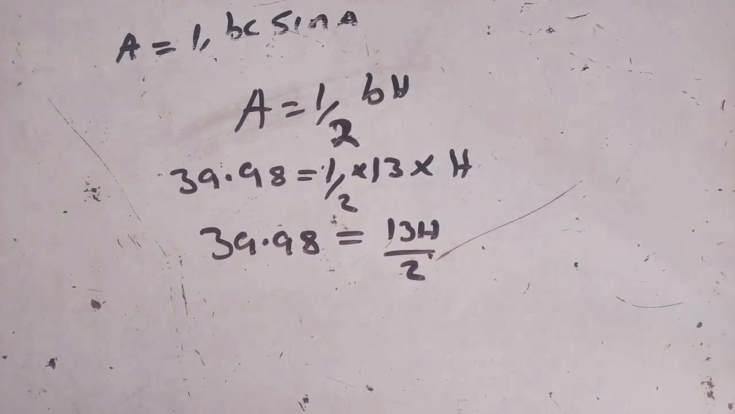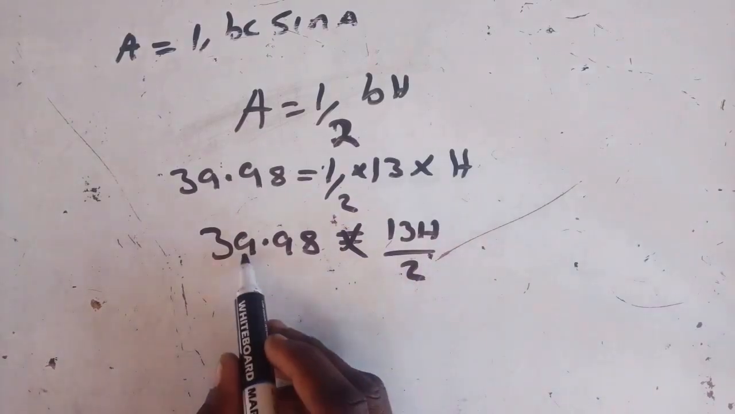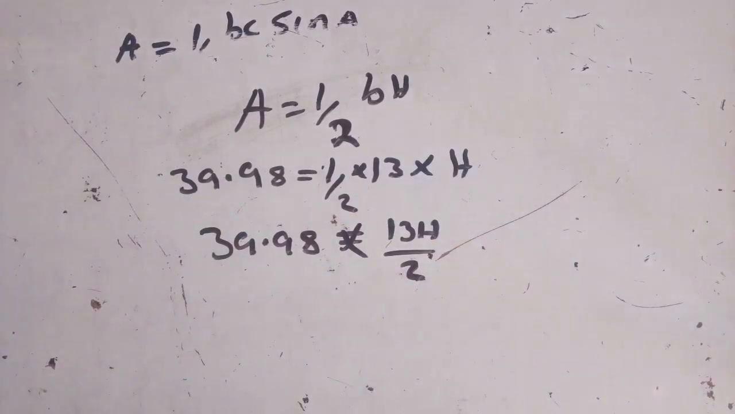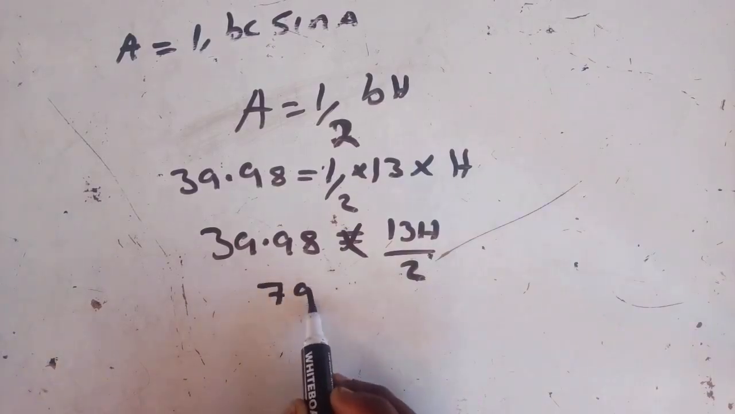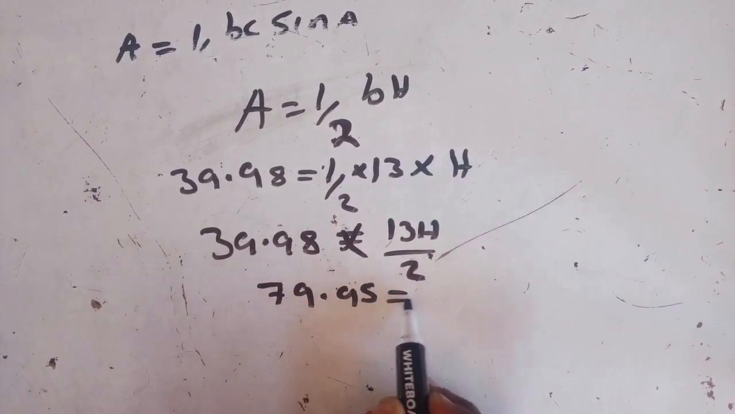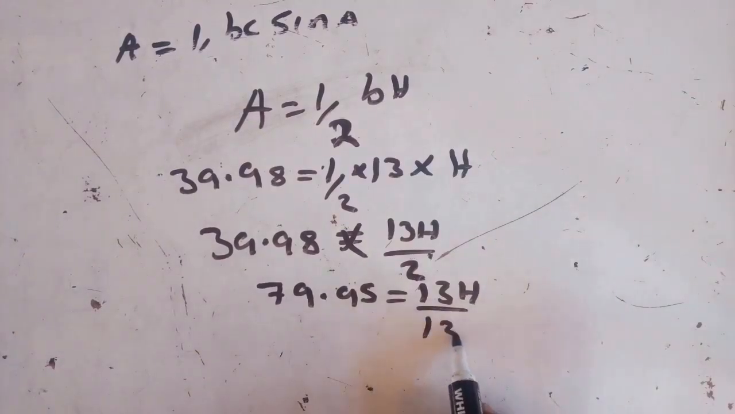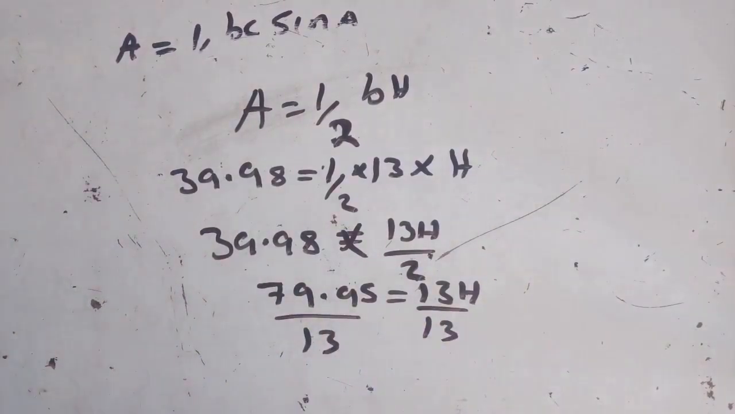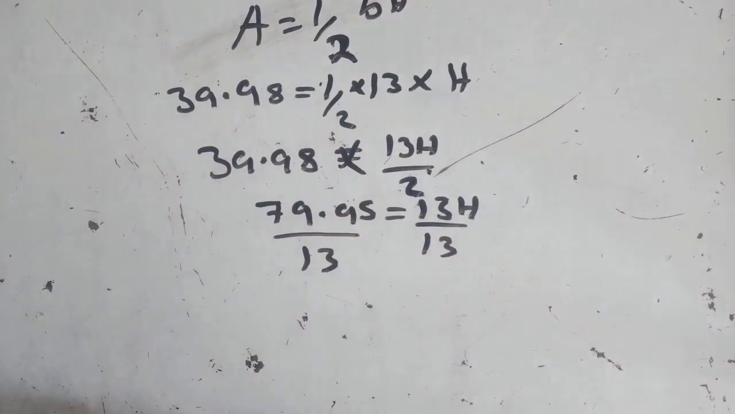Having reached this stage, we can now cross multiply. So we multiply 39.98 by 2, which will give you 79.95 is equals to 13h. Then you divide both sides by 13. So 79.95 divided by 13 will give you 6.1